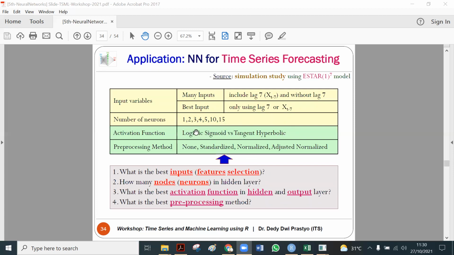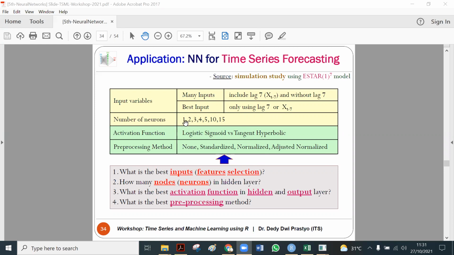You can try every activation function, or choose only several activation functions, and you can also determine which pre-processing method you use, or employ only one of them, and then you can run based on this combination.